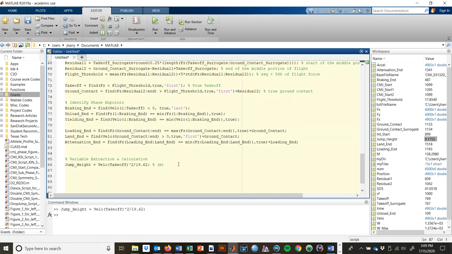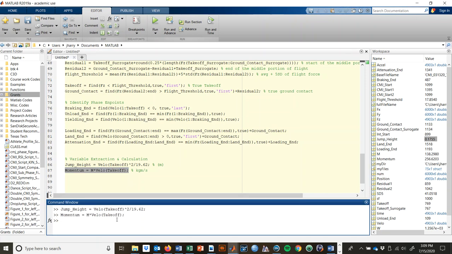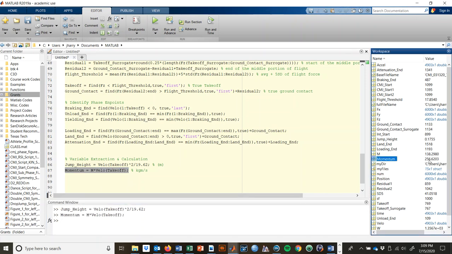Okay, so what I'll do here is I'll go momentum. This will equal the velocity at takeoff, and we'll just multiply by our mass. Now this is meters per second in kilograms, so if I want to do this the formal way, I'll do mass times velocity at takeoff, and this will return units of kilogram meters per second. Okay, so if I pump that in here, we'll see that momentum right there was about 257 kilogram meters per